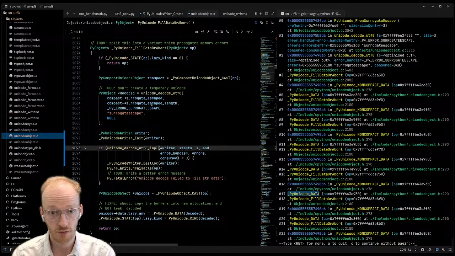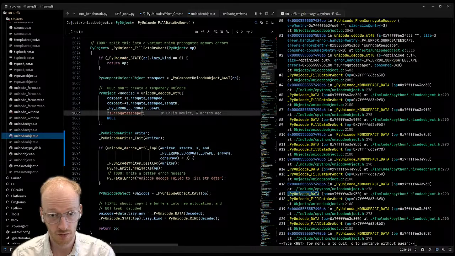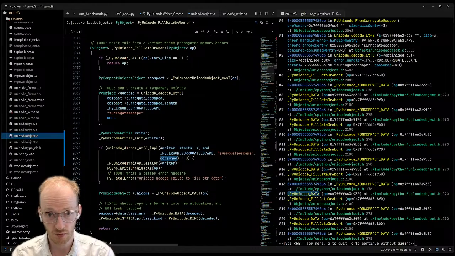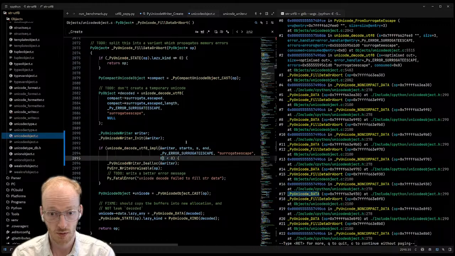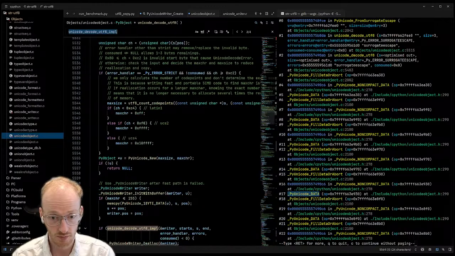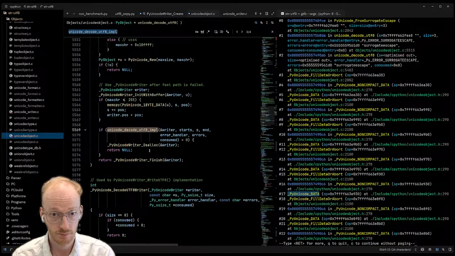Now we'll use the writer. I guess that error handler is that. Errors is this. Consumed is presumably 0. Yeah. We should probably go check consumed.